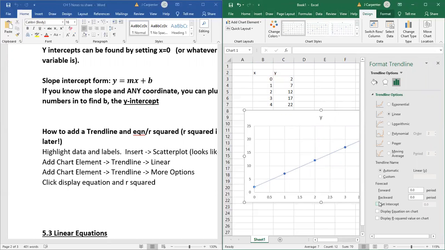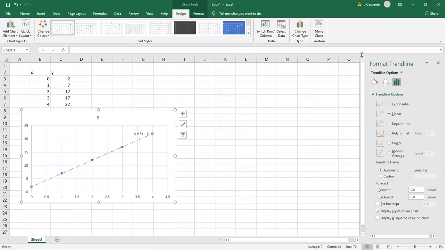And then you'll see down here, you can display the equation and display the R squared. Now, this R squared, we're not really going to do until chapter 8, but I like going ahead and pointing it out while it's relevant. So display the equation. This menu is covering it up, but it did pop up right there, and I don't want to close this yet. Let me maximize it. Okay, perfect.